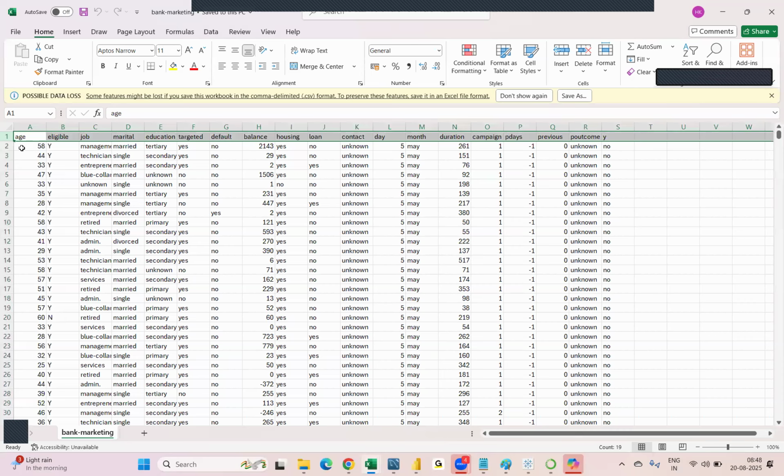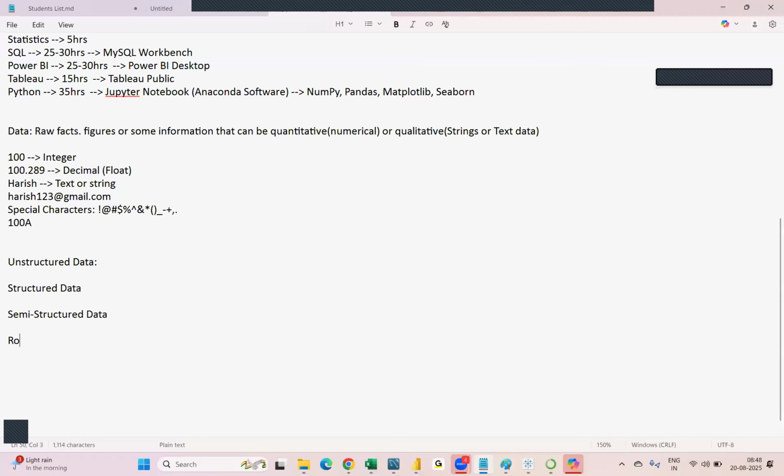The horizontal entries are rows or records. And the columns are also called fields. Here your data needs to be in a proper organized manner,